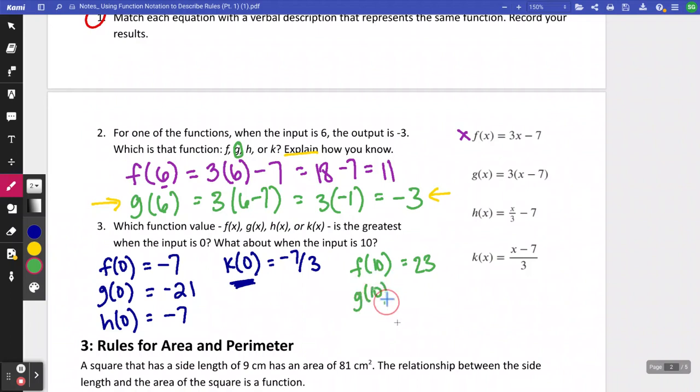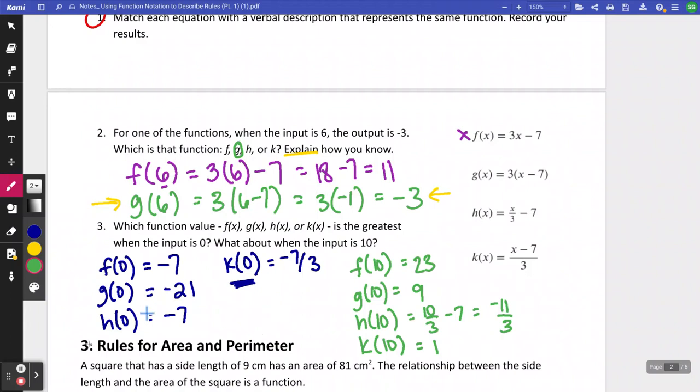G of 10 would be the number 9. H of 10 would be 10/3 minus 7. So that would be -11/3. Main thing is it's negative, so it's not going to be our largest one. And then K of 10 would be the number 1. Looking through these, the one with the greatest output would be function f when we're talking about the input being